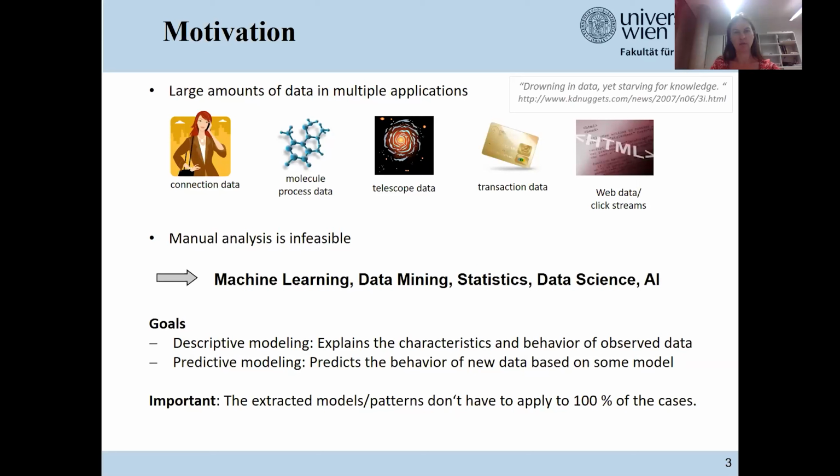As all of you probably know, we are currently observing a data flood. Tremendous amounts of data are generated every day in various applications. There are a lot of different applications, from biomedicine, like molecular data, medical data, from astrophysics, where the telescopes are getting larger and larger and the imaging quality is increasing all the time, so you get more and more data.